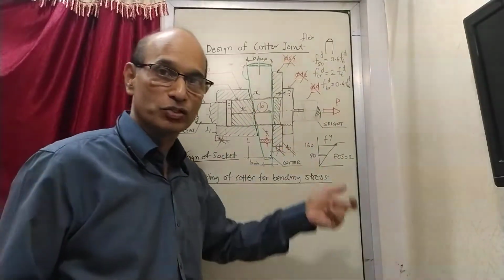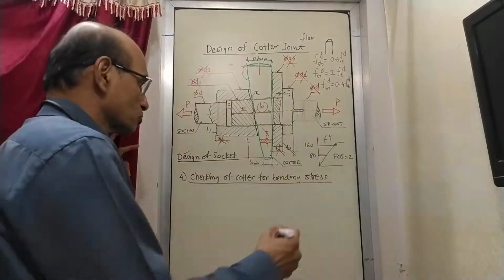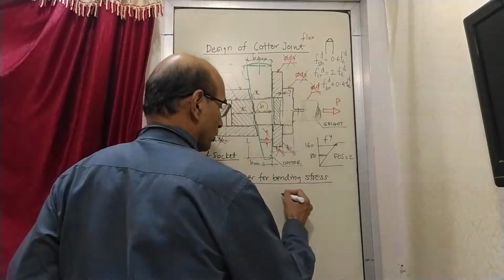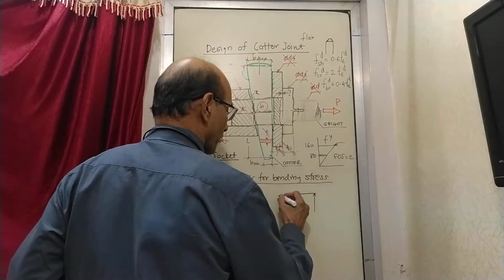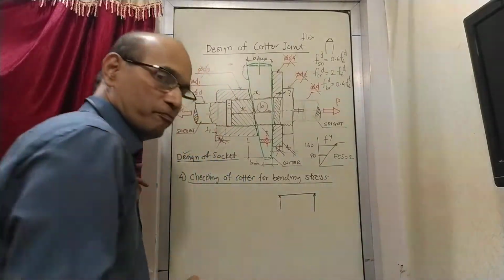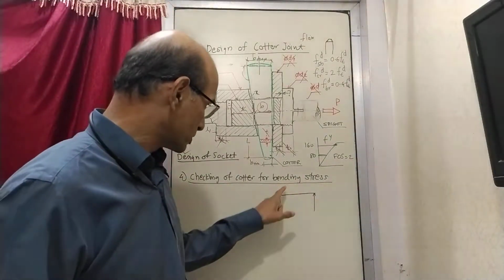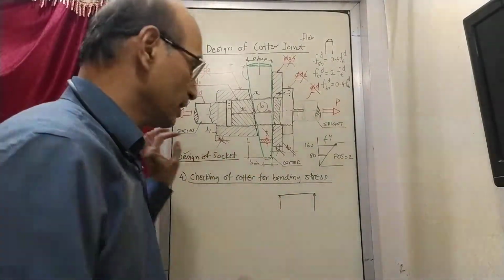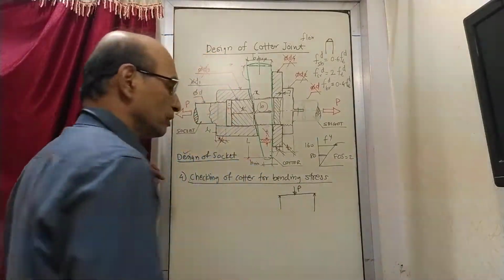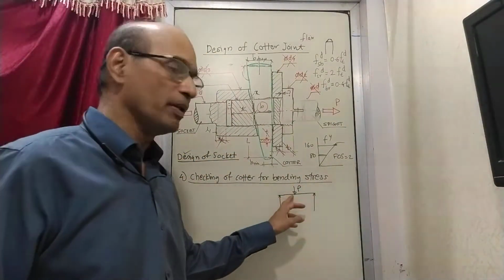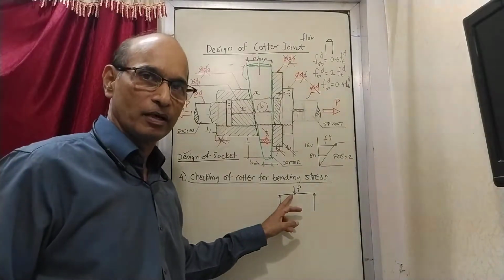So what is a bending stress? Before we do that, just one simple example of what we already know before. So imagine that this is a beam, simply supported beam. This is a beam supported at these two places, and then if you apply a load here like this, P, then as you know there is going to be a bending stress that is developed here.